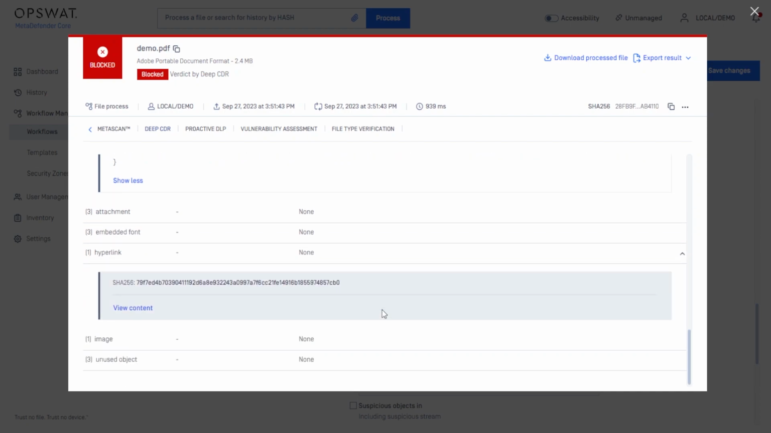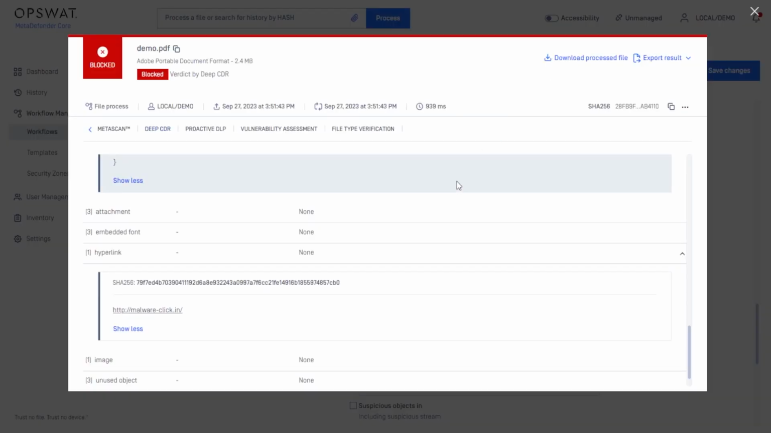Also, it found a potentially malicious hyperlink. The original file has not been modified in any way. It has been blocked from passing through the system. To further investigate, you can download the processed file and take a look